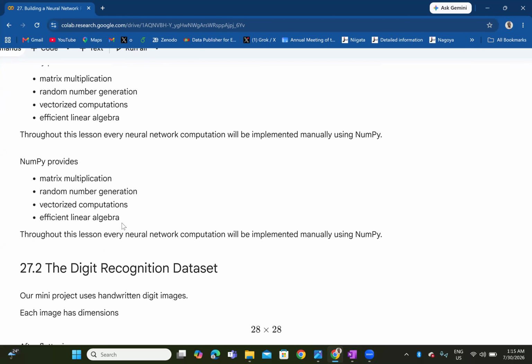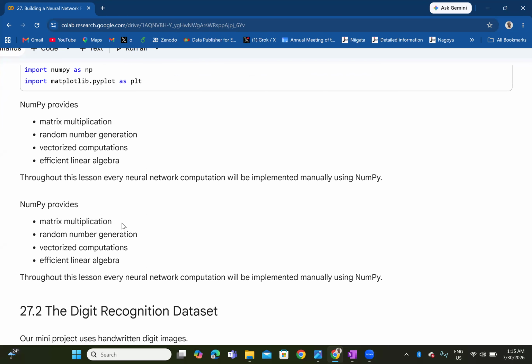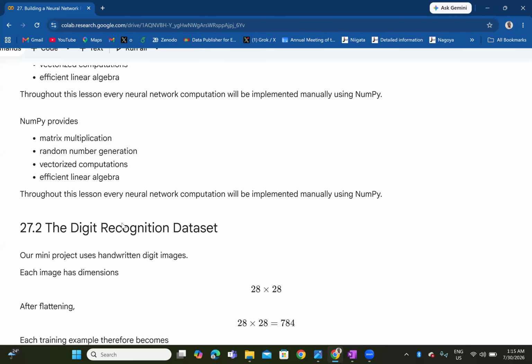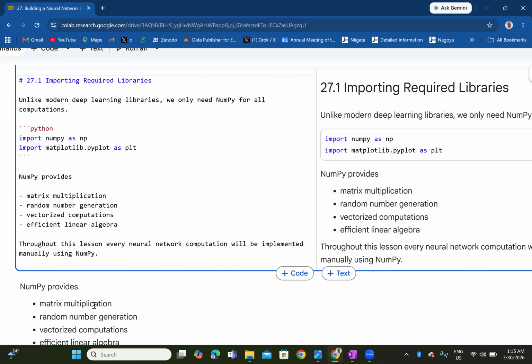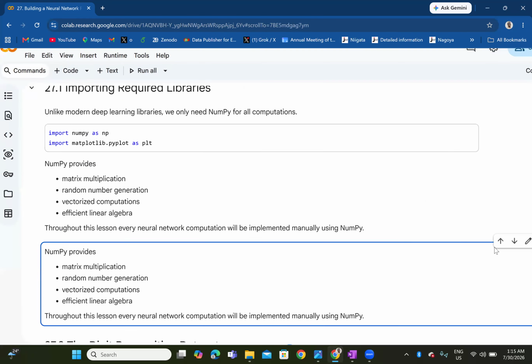Then, of course, okay, we've seen, oh, NumPy provides all of this. Okay, I think I did that doubly. Let me delete one right now. Okay, I guess this has got to go. Yeah,